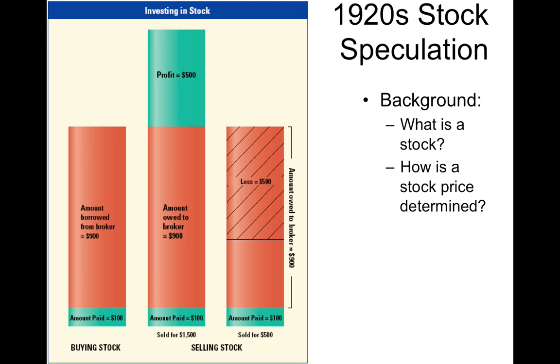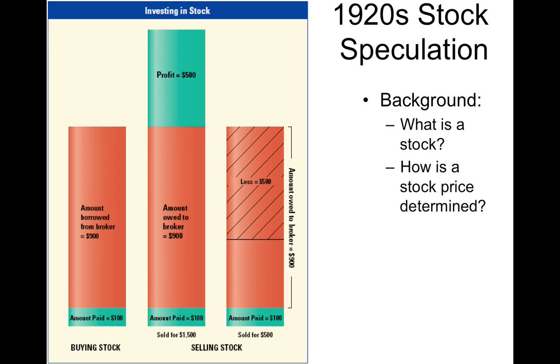The price of a stock is determined entirely by supply and demand. If someone else wants to buy stock from you, you negotiate a price, and basically that first stock sale sets a price for the stock. If lots of people want the stock, you can charge more money for it because it's in demand. If no one wants the stock, then the price would tend to go down because you can't sell it for anything because no one wants it.